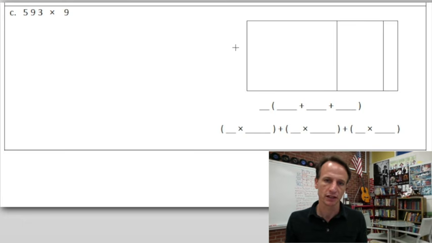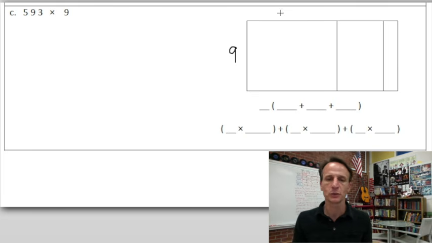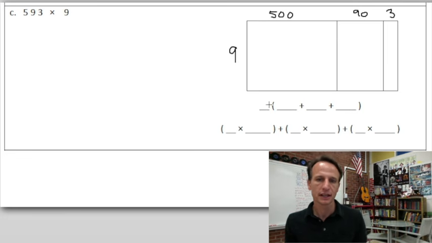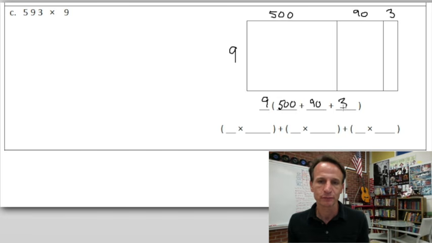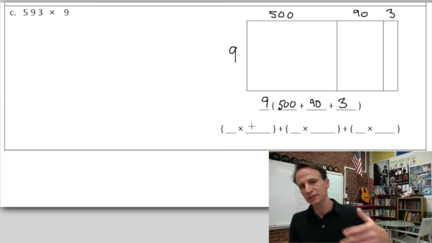So we know this short side of the rectangle would be our 9, and that the 593 we will put into expanded form as 593 as such. And so that's what we're doing here, is what we just did above. We're saying, hey, what we're thinking of this is 9 times 500 plus 90 plus 3. No prob, Bob. And so then we will use the distributive property and say, okay, well, we can think of